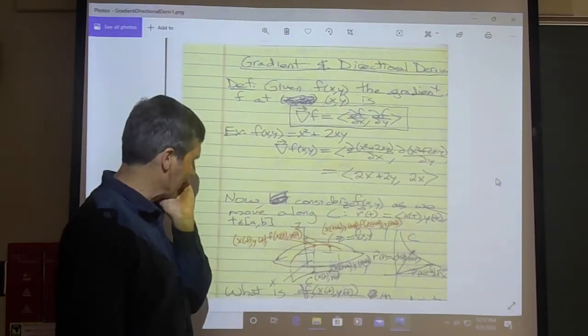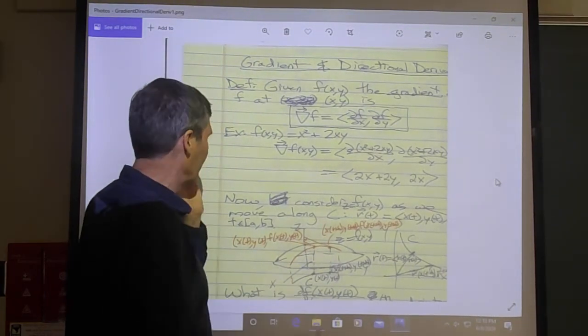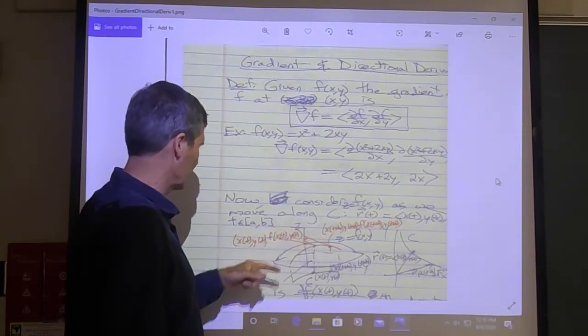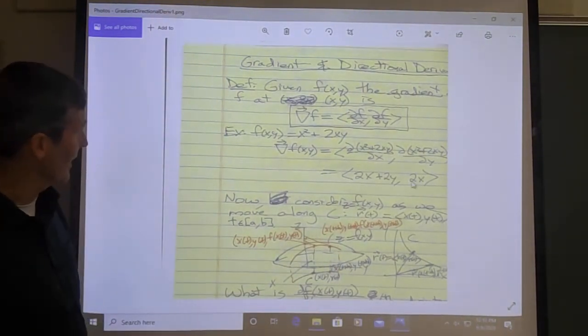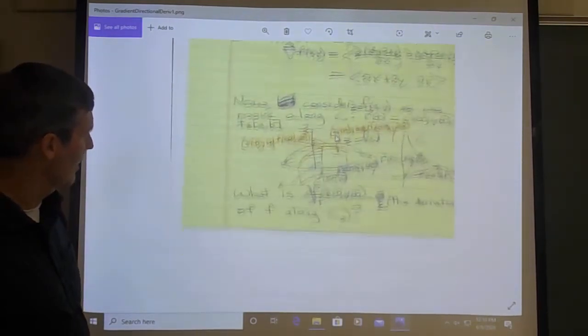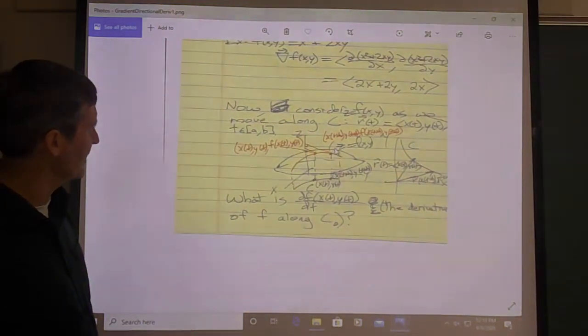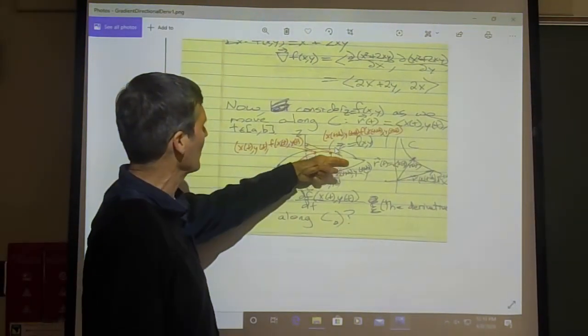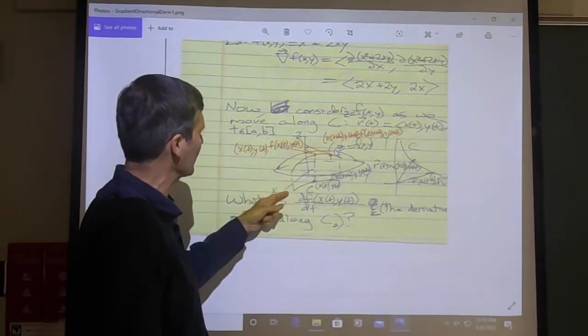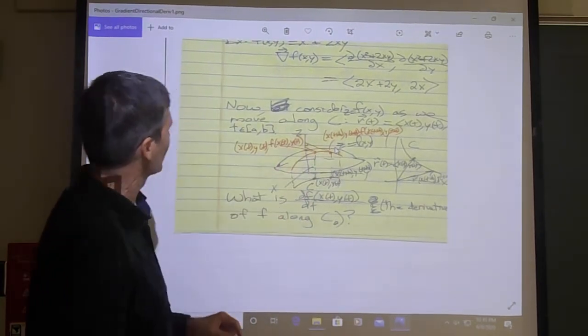I wonder how fast I'm moving up or down as I move along this mountain trail over the curve C on my map. So that's the question down at the bottom here. What is df dt? The derivative of f along the curve C is what we call this. If we want the derivative of f along the curve C, f being this surface here,